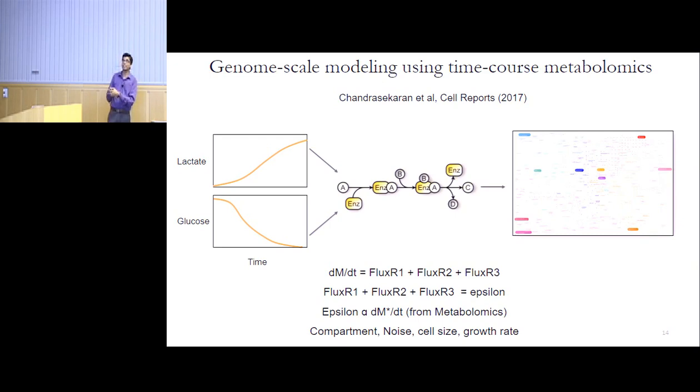We know from the data that lactate should, in the end, be increasing over time. So if you have 100 such measurements, the algorithm will then figure out what are the most optimal fluxes that best fit the observed data that you see. Another thing is that, given that there's a lot of noise in these measurements, we try to qualitatively fit